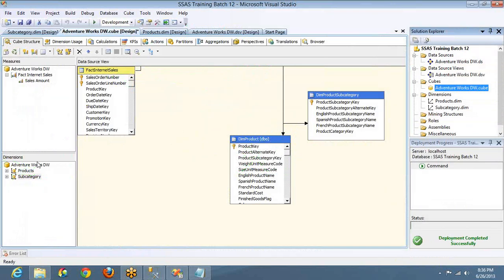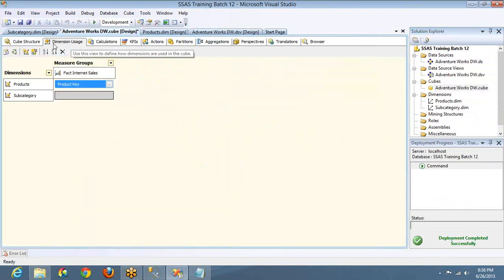But if you observe, I have not given any relationship. What I have done? First step, I created a dimension with one attribute, color. And second step, I created a measure group with one measure. And where is the relationship? I have not given the relationship, right? So even though I have not given it, the relationship was automatically set, and the relationship needs to be given here in the dimension usage. This tab is for giving the relationship between dimension and the measure group.